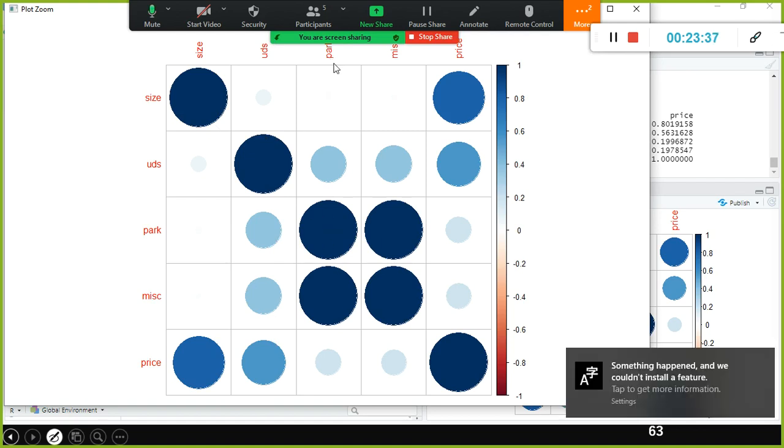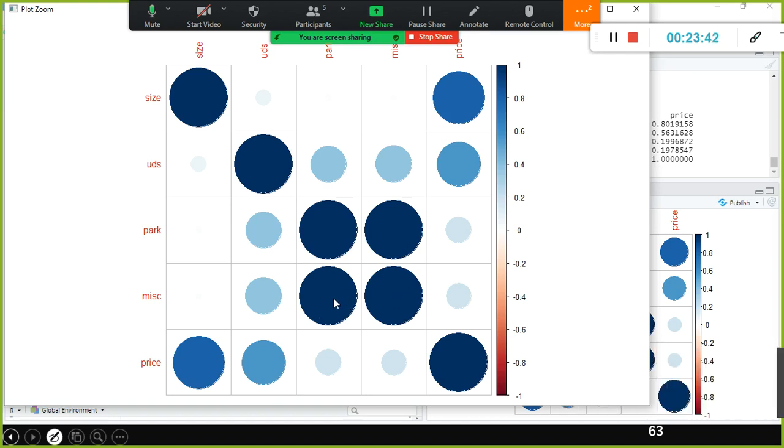Park is an independent variable, MISC is also independent, but these two are correlated where they should not be. That is the rule: there should not be any correlation amongst the independent variables. Similarly, MISC is correlated well with park. And how about UDS and size? There is no correlation. These two are good. There is no collinearity. This is called collinearity.